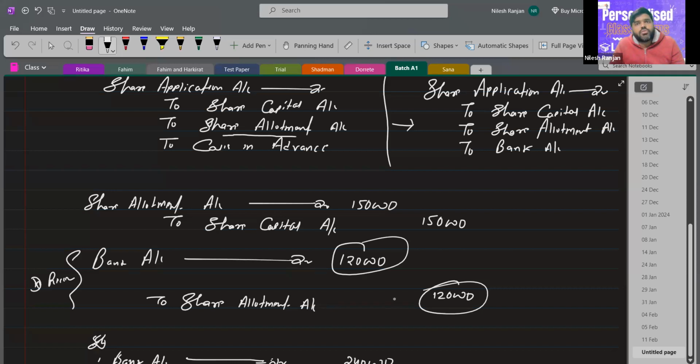Promoters are persons who do every work for registration of the company. You can say they are the actual owners. Okay, sir. So for their service,